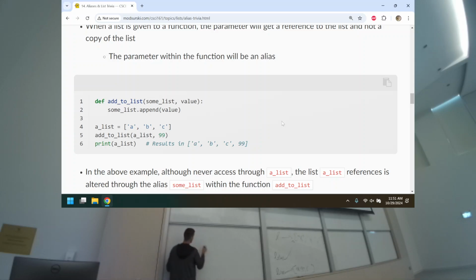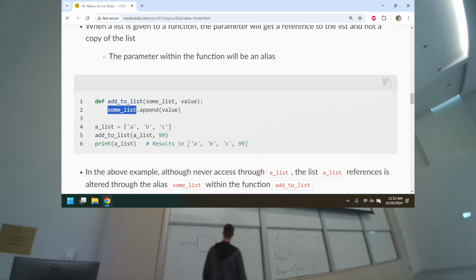If I draw this, we want a function to receive inputs and produce outputs. What's bad, a side effect, would be your function receives inputs, or maybe not, and your function produces outputs, or maybe not, and oh, by the way, this list is different now. That's messed up. Let me be clear. Look, this function receives a reference to a list and a value. Add to list. So this is like append something to a list. And then some list,